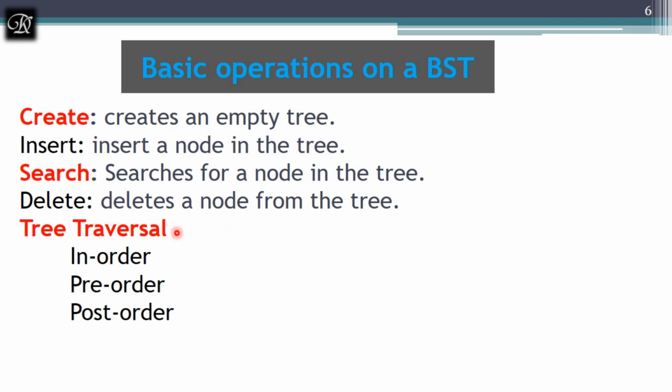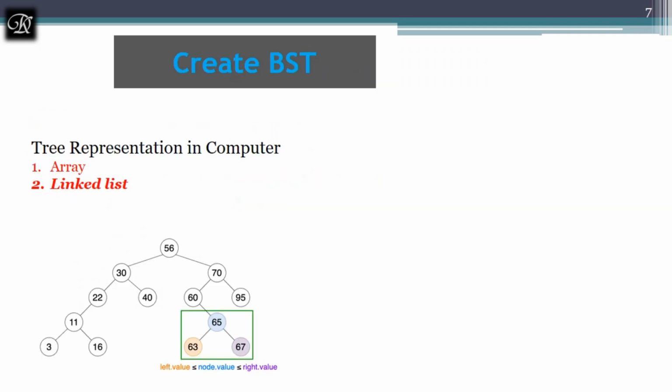Walking through the tree, which means visiting all the nodes in the tree, is called traversal, and it is possible in 3 standard ways: in-order, pre-order, and post-order. But according to the question, we are going to implement creation of the tree, searching for a key element, and tree traversal. We are not inserting extra elements after the creation and we are not deleting any node from the tree. These two are not in the question, but you can learn them from the theory.